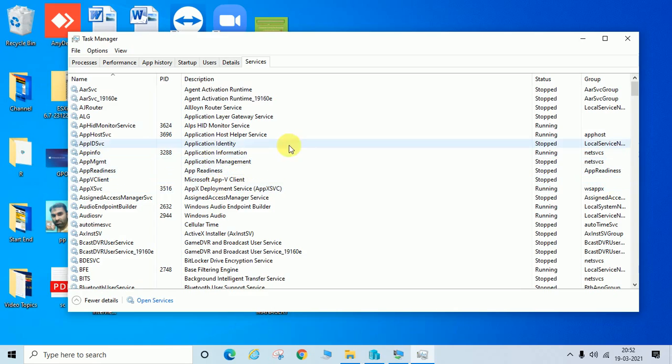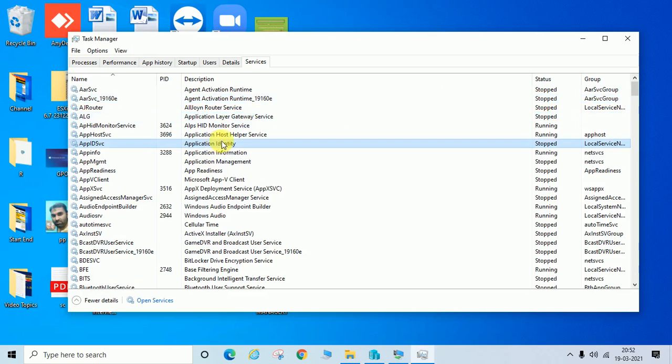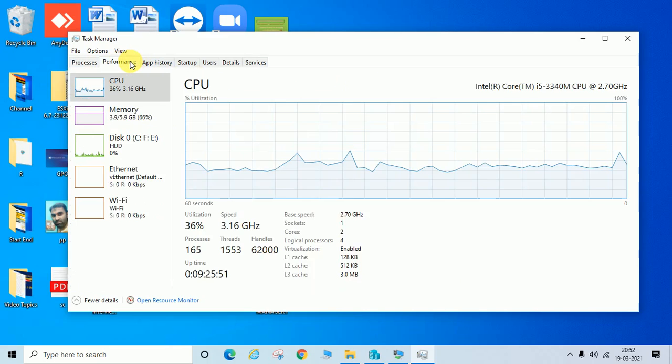From here you can see this service is stopped, this service is stopped. So if you want, you can start it from here. Means from task manager, you can check and manage all these things. Even you can check your CPU and your computer performance.